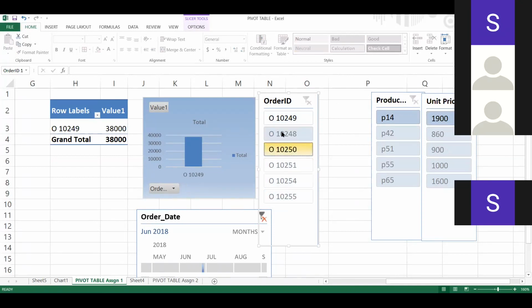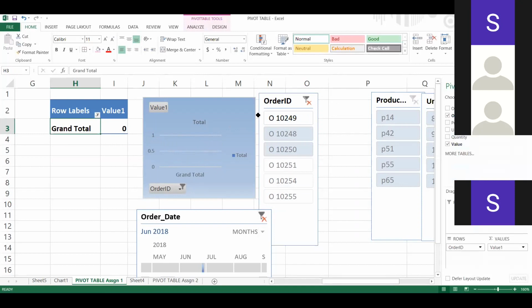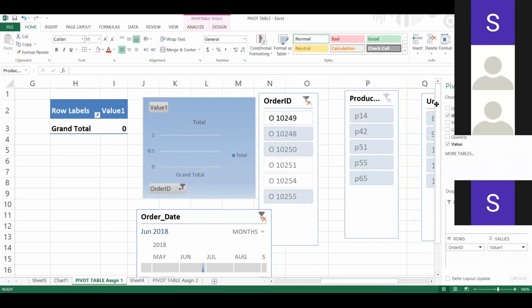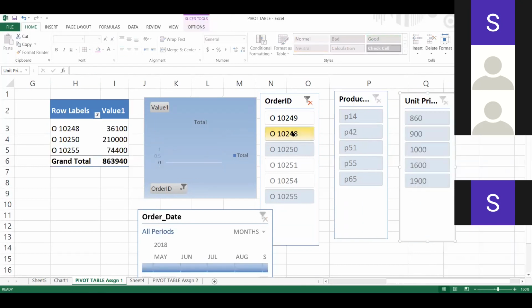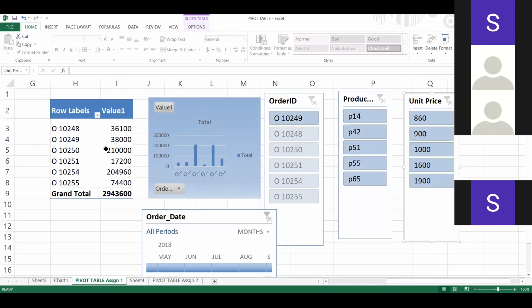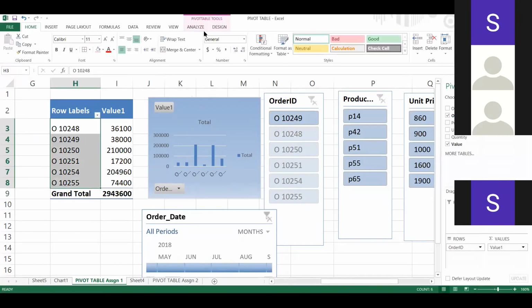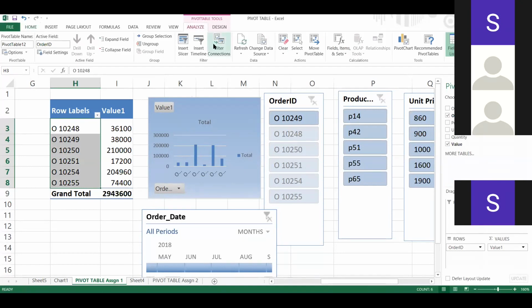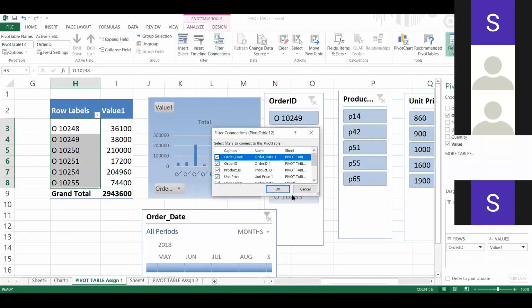So it will reflect in the chart as well as my pivot table. Can you see the chart is also changing accordingly? So I did this using analyze, filter connections. This is also called a dashboard.